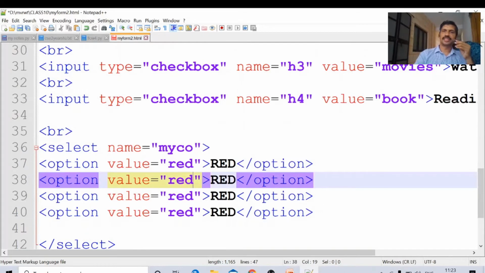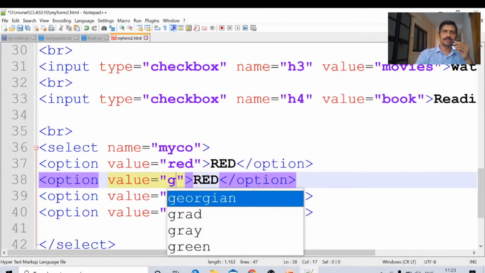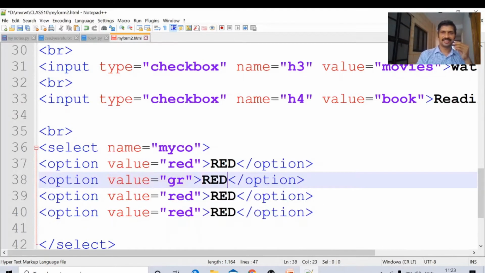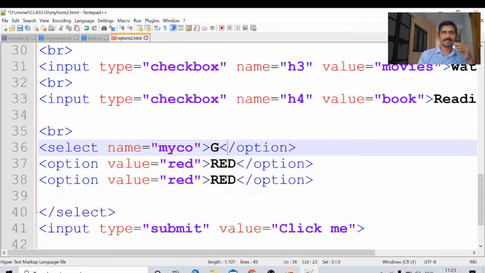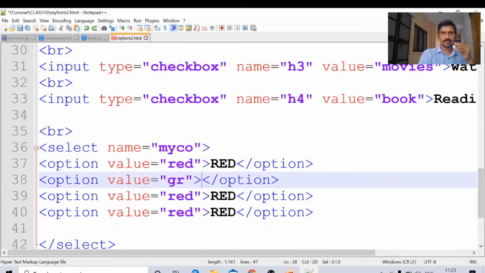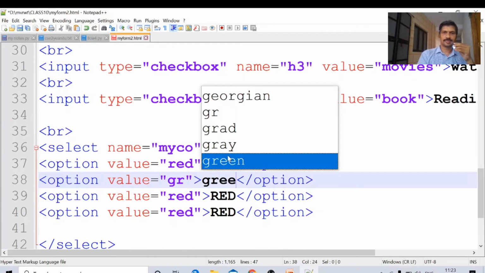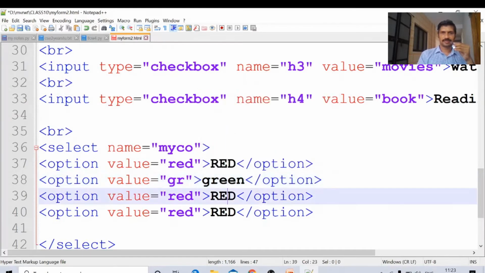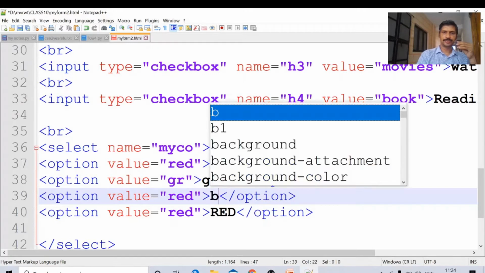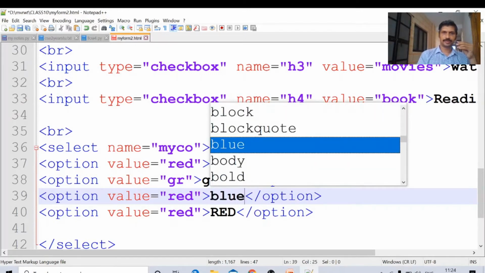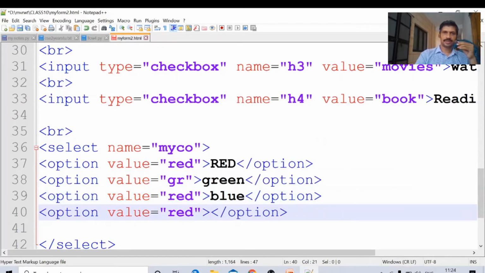Second color, any color, no problem. GR, green. Next color is blue. Cyan.